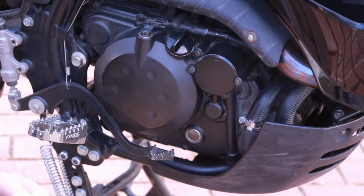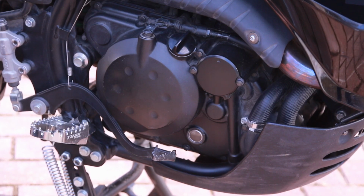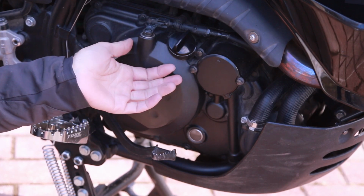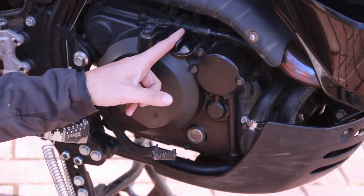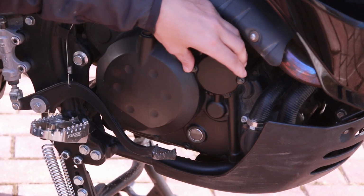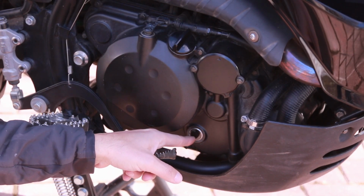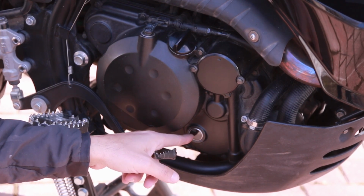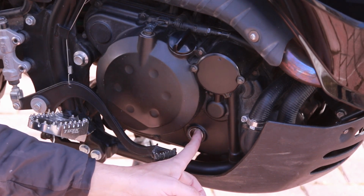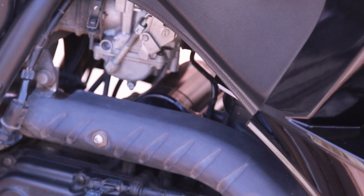On the right side of the engine, you'll see several things that are very familiar to most people. It's very easy to access. If you've ever worked on any engine, every component is very easy to reach. You got your oil filler here, you have your oil filter case here. This is not even the cartridge style, which I don't like. You have an oil sight glass, which is nice. Honda, on many new modern bikes, does not give you an oil sight glass, and these are really nice and convenient. So right here you have your carburetor, and of course this is a single cylinder bike,